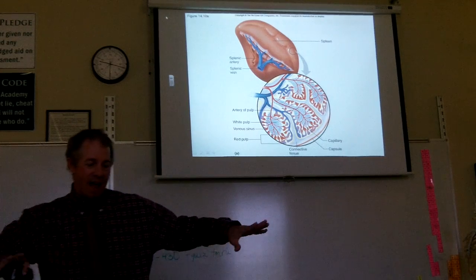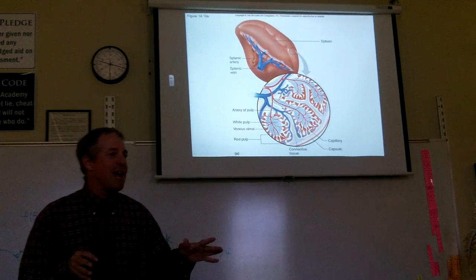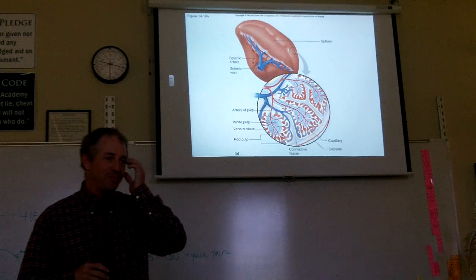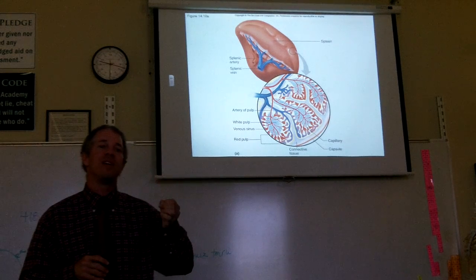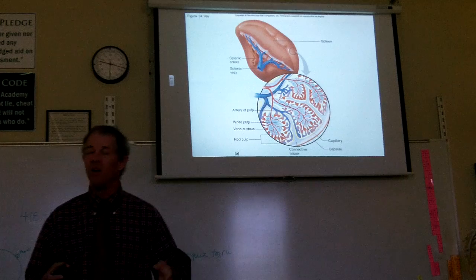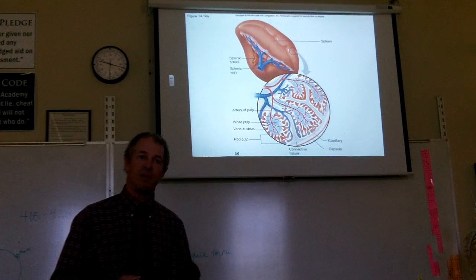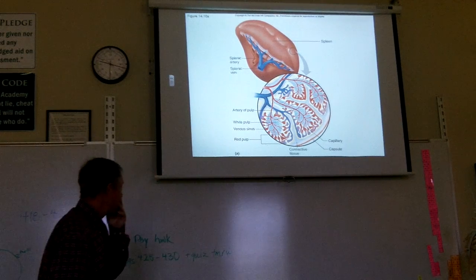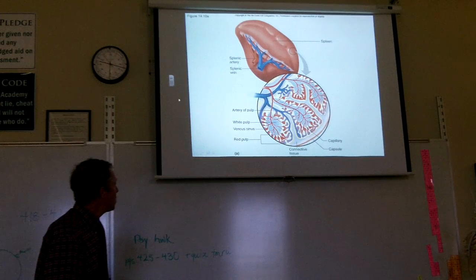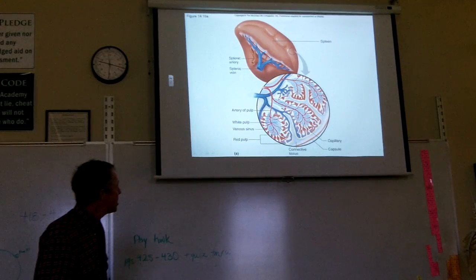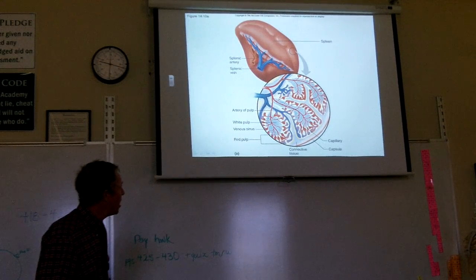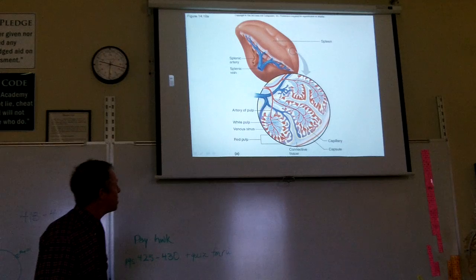And the blood spreads out all into the spleen, and the blood is examined by these white blood cells. And the white blood cells will kill any viruses or bacteria that's in the blood, or break down any garbage that's in the blood. And here it shows up close in the spleen, the splenic artery breaks down and gets smaller and smaller, and the blood ends up kind of pooling in an area here, and all this gray-looking stuff, that's all white blood cells that will